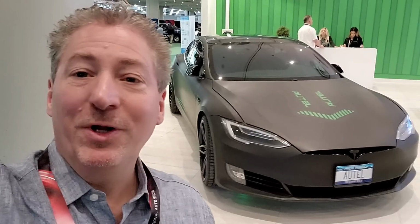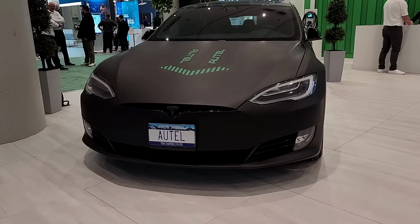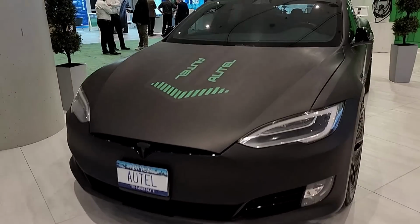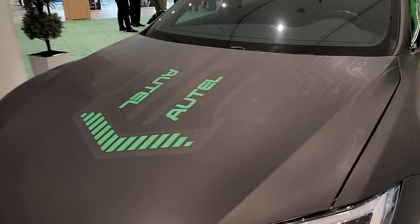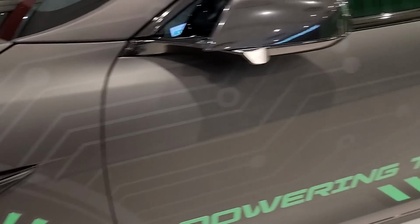You see this wrapped Tesla Model S behind me? That's actually John's personal car, and it's got a really cool wrap on it. Let's take a look at it. I'm going to flip the camera around first to do a walk around. So here it is. It is a Tesla Model S. It's got the Autel license plate, a lot of branding, but it also has circuit board motif on it. You see, that reminds me of my